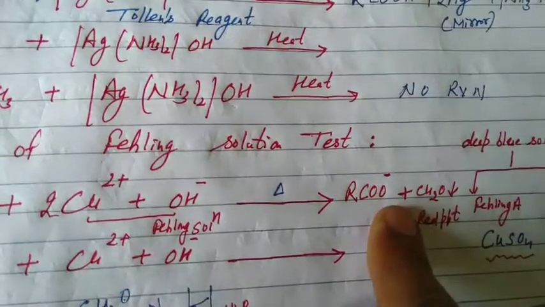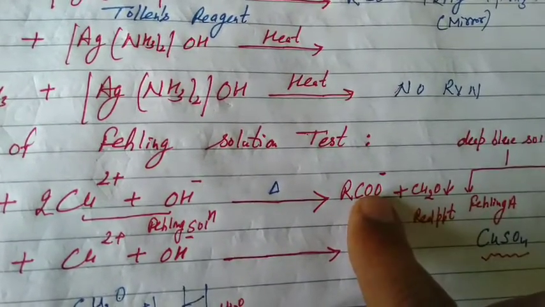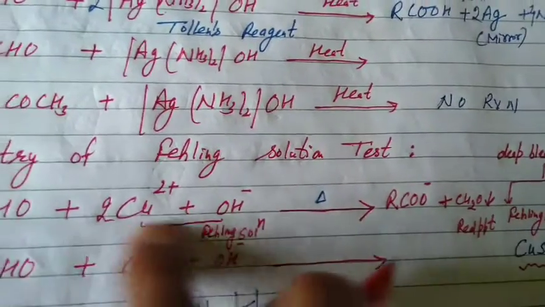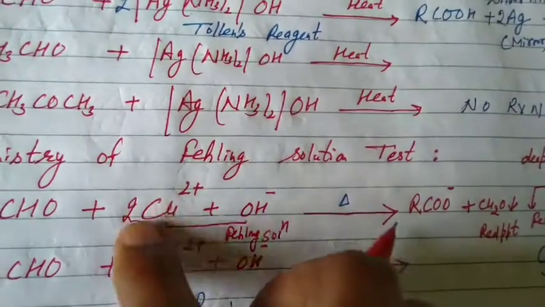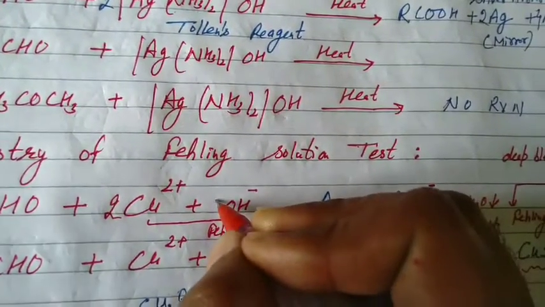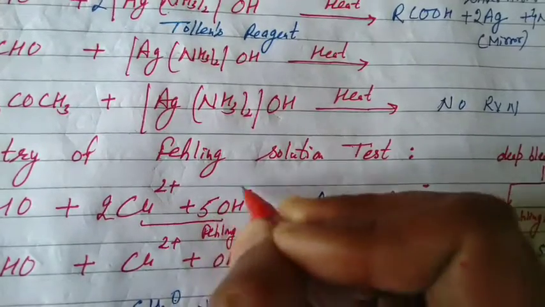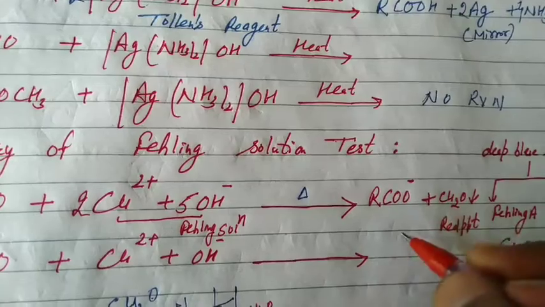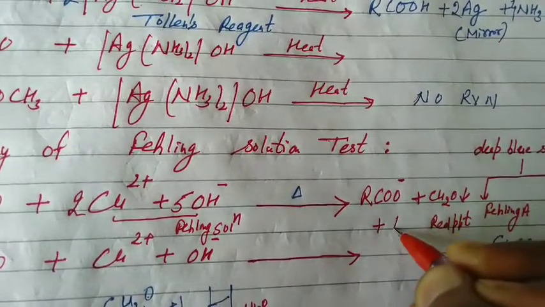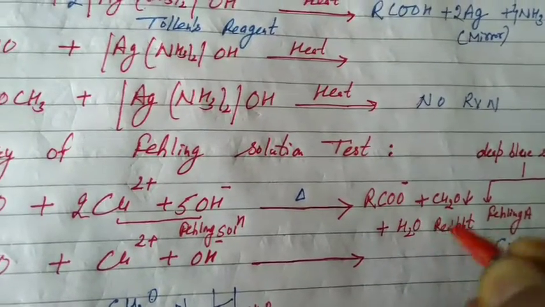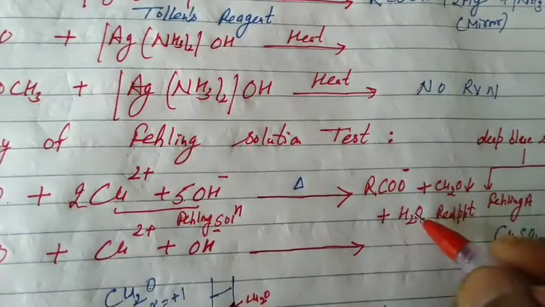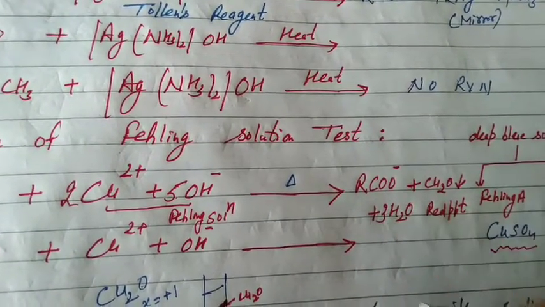Aldehyde is oxidized to acid, but we mention it in ionic form. What is the net charge on it? Minus 1. It means there should also be a minus 1 charge on the reactant side. Minus 1 is possible. Plus 4, I mentioned it 5 times. Plus 4 and minus 1, it is minus 1. Means you are right. The rest is oxygen. Oxygen undergoes reduction. The product is only water. How many oxygen atoms are there? 5 and 1, 6. And 3 water gives 6. That's the balanced equation.